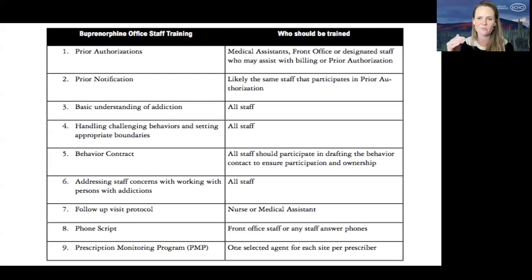And you'll see that there are some niche functions where one role is designated for a particular task. But then there's quite a few here where it says all staff, where things like basic understanding of addiction, handling challenging behaviors, and addressing concerns about working with persons with addiction really need to be bottom up, because